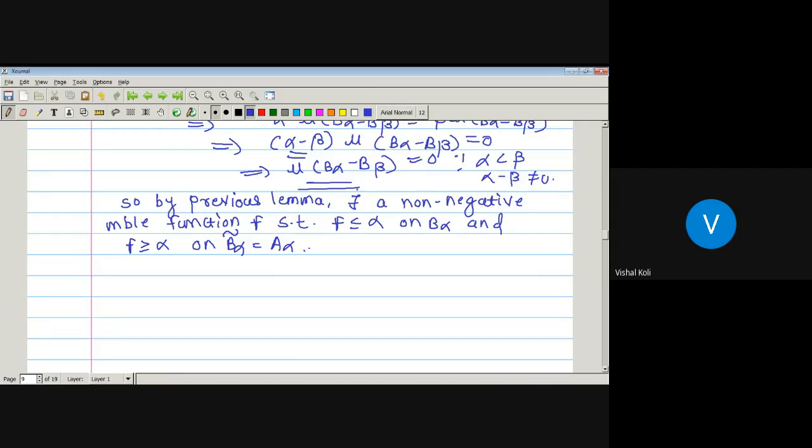Since B alpha and A alpha are the Hahn decomposition of X with respect to the signed measure gamma minus alpha mu. But here we have taken alpha as a rational number, therefore it is also true for alpha equal to 0. So take